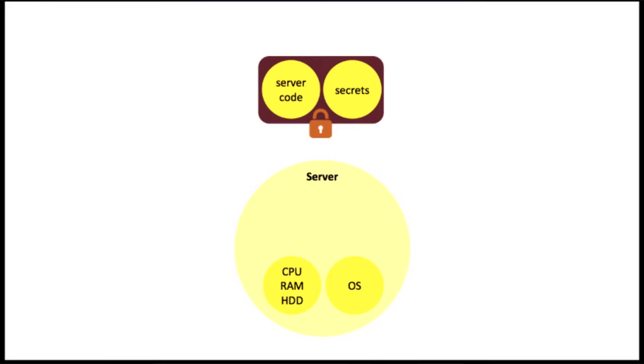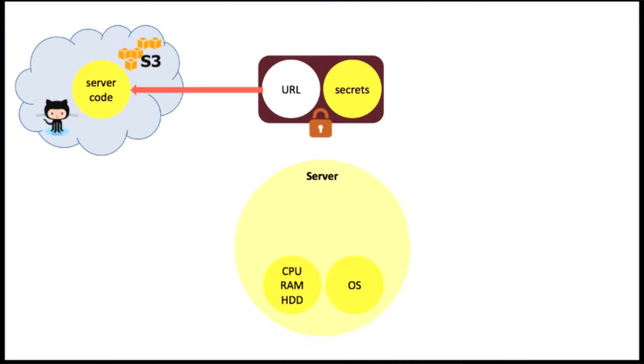So now we have that bundle of server code and secrets, which is just data. Given that this is data, it can be cryptographically signed and encrypted. We call that bundle a Webtask token, and it represents your application logic that normally executes on the backend. Further, we take the code and put it where code belongs, S3, GitHub, some place in the cloud that can be referenced with a URL. And instead of storing the entire code in that Webtask token bundle, we store just the URL. So the bundle becomes really small